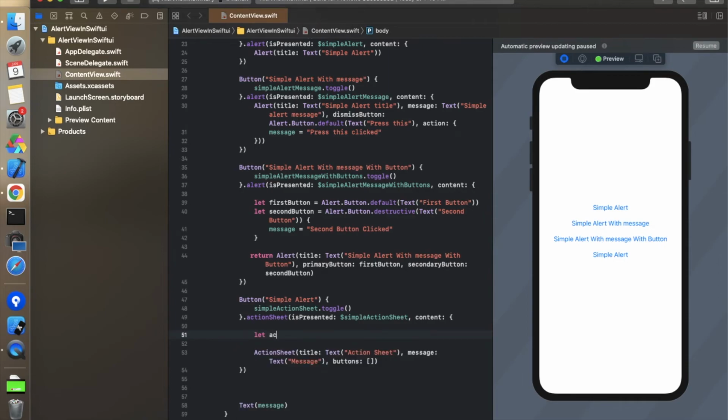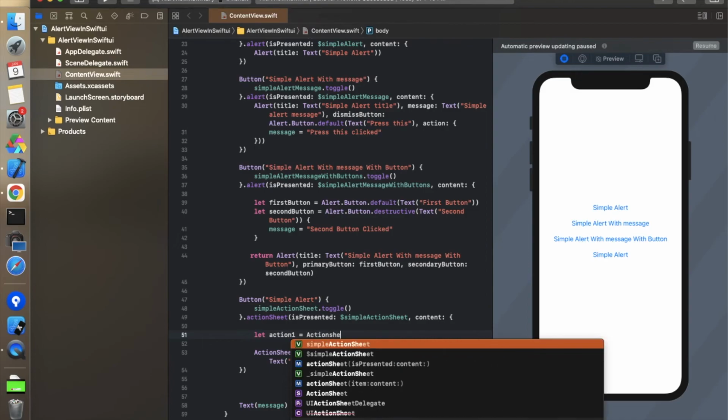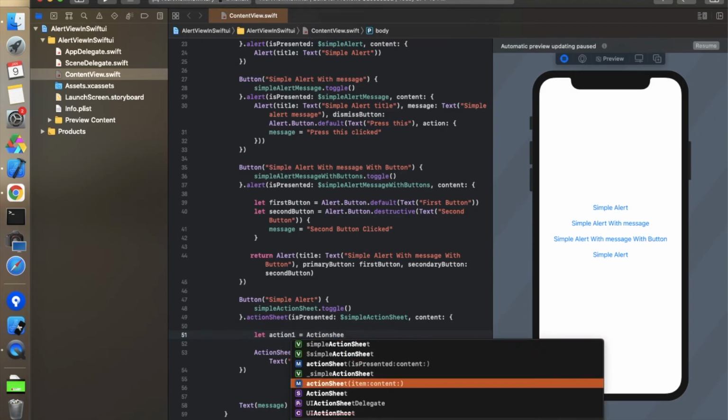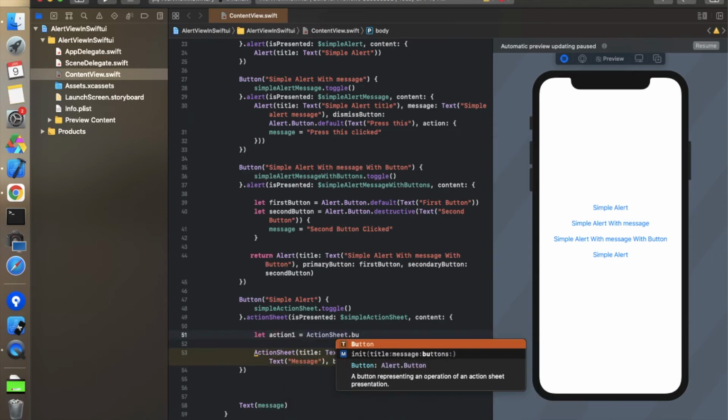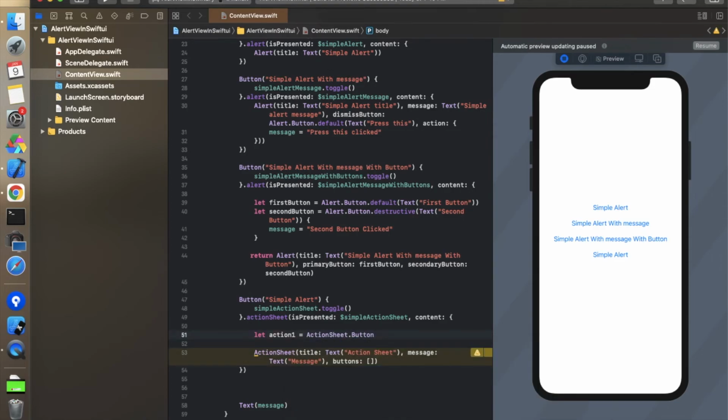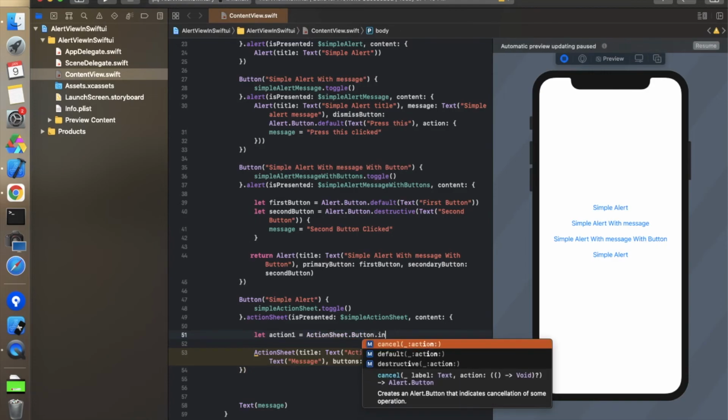So let action 1 equals action sheet dot button, something like this. And in this we have to init it, button dot init. So we can use these three things: default, cancel, or destructive.